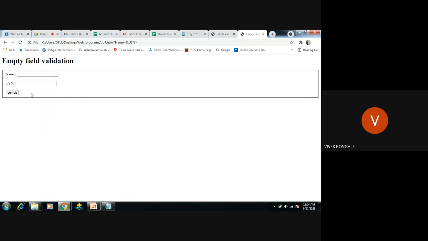Okay, I'm not entering any value. You can see, "Please enter the name." Once I click OK, the page is reloaded and we can enter here. I'm just entering the USN number and not the name, because we have given validation only for the name label, not for the USN label. So I enter some value for USN and submit. See, "Please enter the name." Now I refresh this page, give the name but no USN number, and submit. It is submitted, because we have not given validation for the USN number.